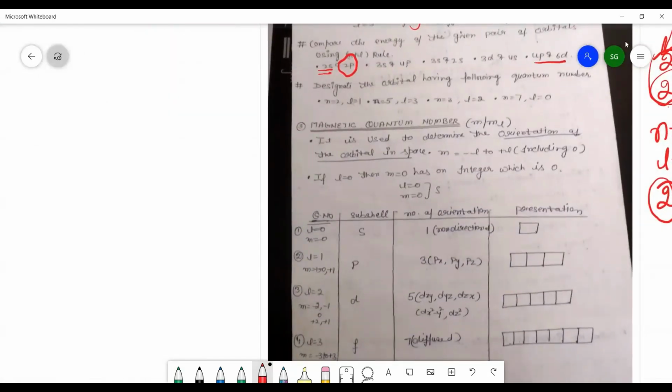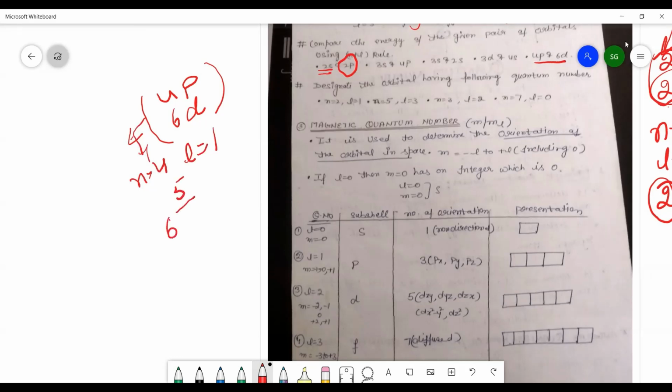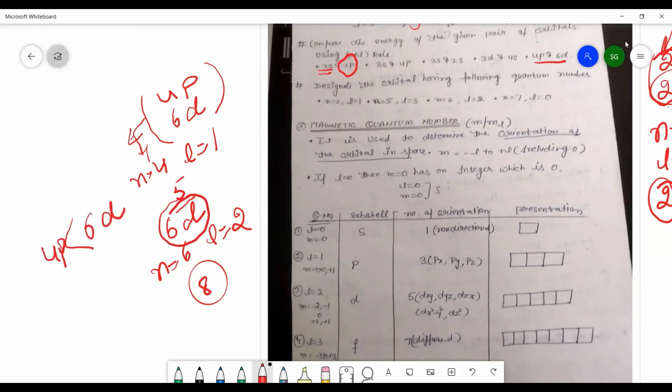चलिए सपोज हम ये वाला ऑर्बिटल ले लेते हैं. 4p and 6d ऑर्बिटल सबशेल हमारे पास है, तो 4p और 6d में अगर आप इसमें अप्लाई करते हैं तो n इज इक्वल टू 4 है और L इज इक्वल टू 1 है, तो n प्लस L इज कम्स आउट टू बी 5. 6d में अगर अप्लाई करते हैं तो n इज इक्वल टू 6 है और L इज इक्वल टू कितना है आप खुद सोचिए 2 है, तो n प्लस L अगर आप अप्लाई करते हैं तो 6 प्लस 2, 8 बन जाता है. तो दैट मीन्स यू कैन से कि 6d ऑर्बिटल हैज द हायर एनर्जी एज कंपेयर टू 4p ऑर्बिटल.